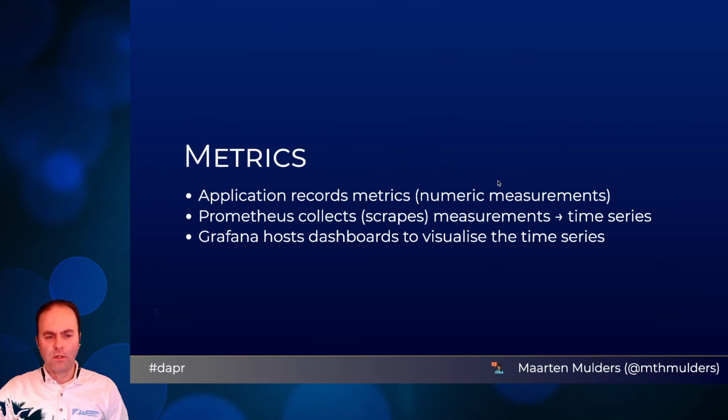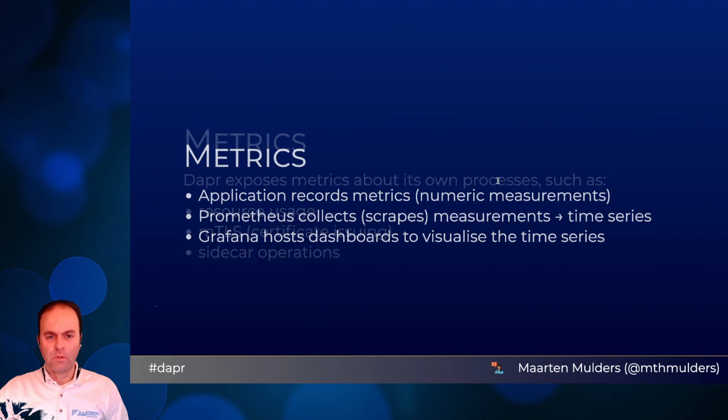Metrics, on the other hand, are kind of measurements. So your application will measure certain things. Those can be business metrics, like how many users signed up today or how many products did we sell today. Or there can be operational metrics like CPU usage, memory usage, and whatnot. And then again, the central tool collects those measurements. It's using a process called scraping and converts the measurements into time series. And you can use different tooling like Grafana to visualize the dashboards.